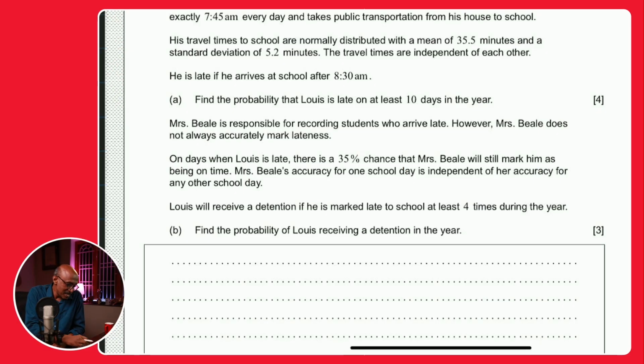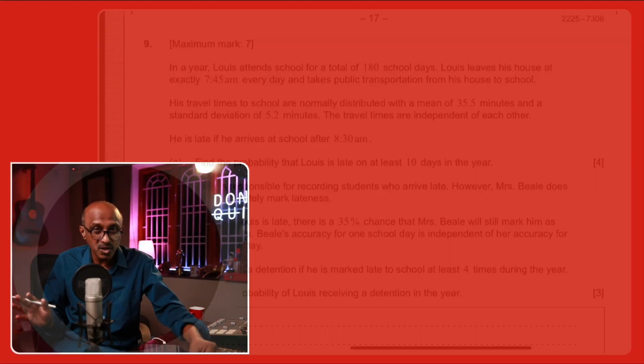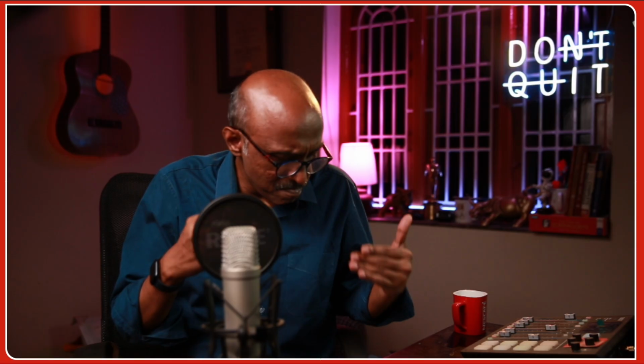So this is question number 9, and this question is on normal distribution. Typically, in a question on normal distribution, you'll see that at least part B, or one of the sections if there's A, B, C, will have something to do with binomial. So even if it says normal distribution, pay attention, okay? When you're studying in class, you have questions on normal distribution and you learn the calculator syntax, but you have to be careful how to write the variable, even if it's